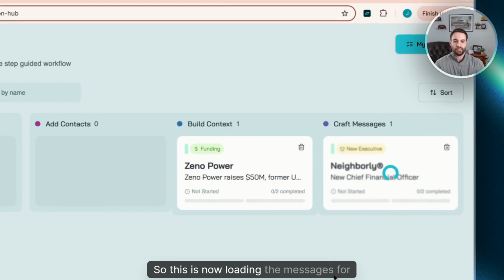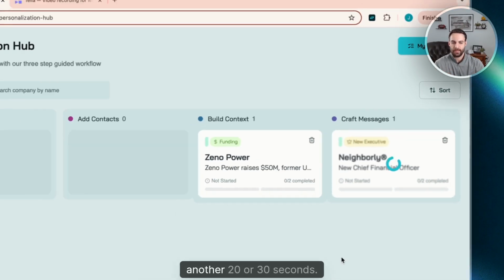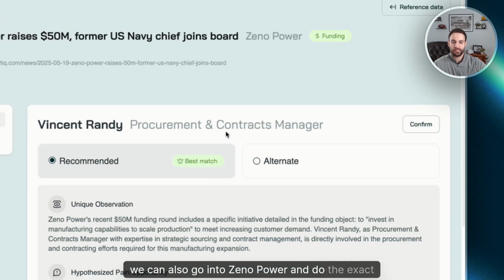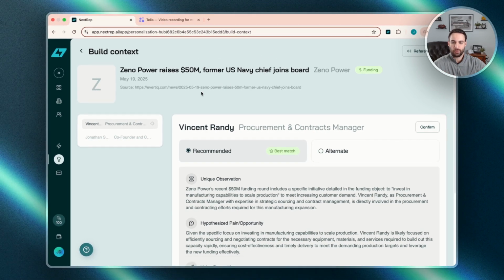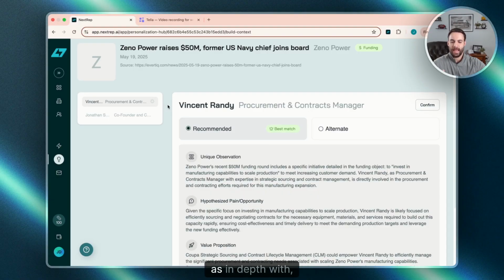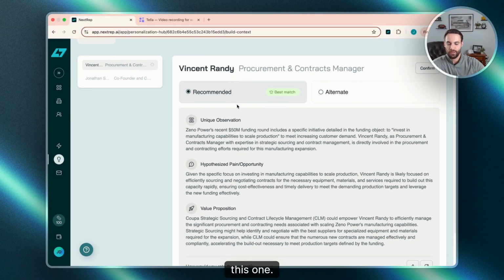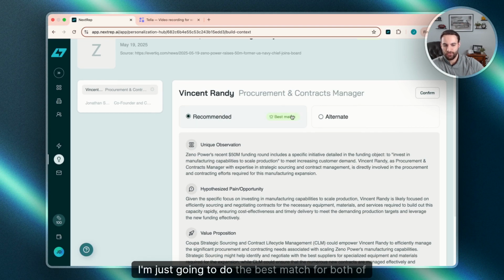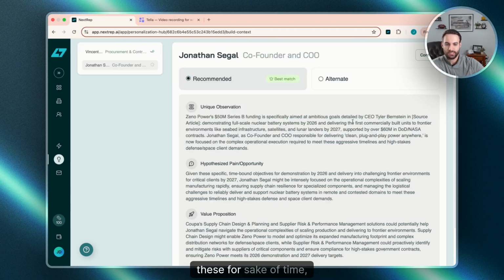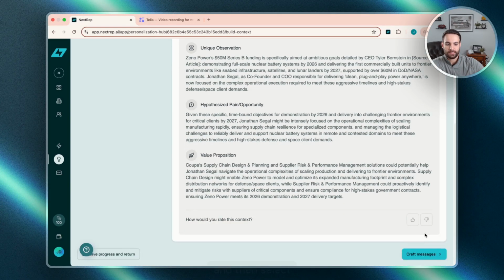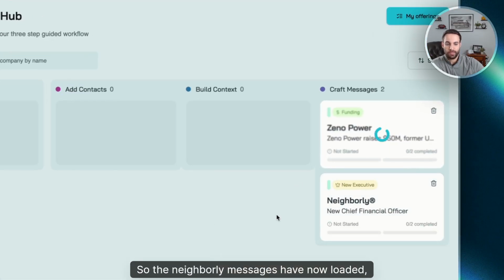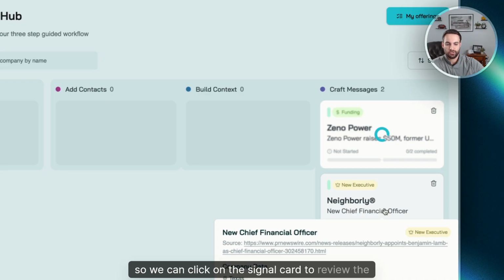This is now loading the messages for Neighborly. And again, another 20 or 30 seconds. While that's loading, we can also go into Power and do the exact same process we just did for Neighborly. So I'm not going to go as in depth with this one, but again, you can review both context sets, select the one that you feel is the strongest. I'm just going to do the best match for both of these for sake of time, and then select craft messages. So the Neighborly messages have now loaded, so we can click on the signal card to review the messages